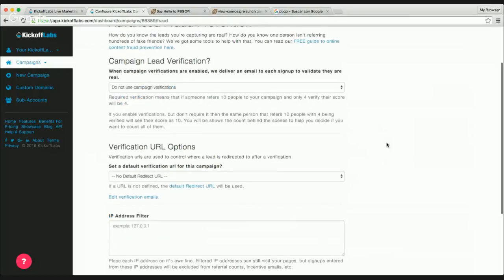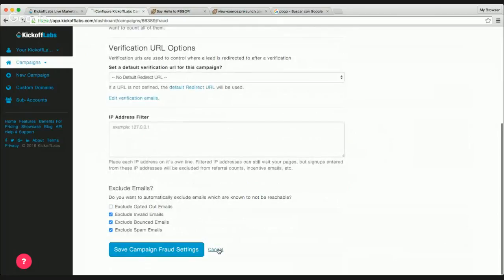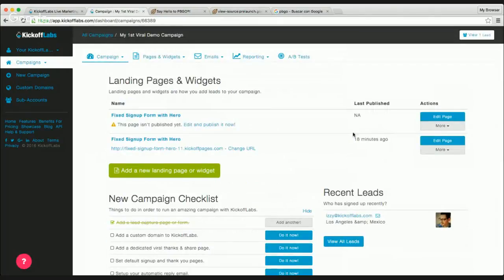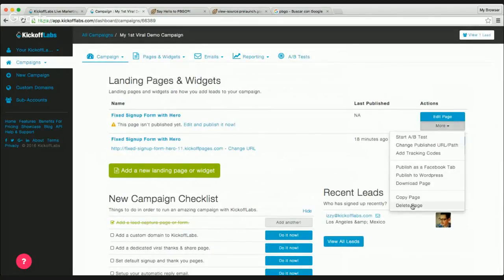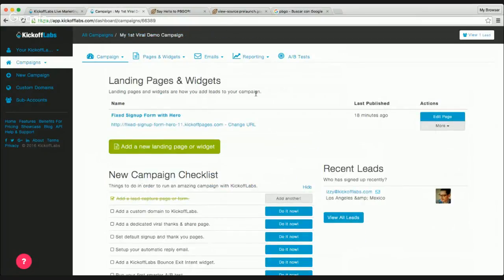So I have about 15 minutes left, or actually about 20 minutes left, but let me go ahead and finish building this campaign with a thank you page. Let me get rid of that one. That was the About Us page. And if you have any additional questions, let me know, because we do have just a few more minutes. And rather than me just demoing things, I'd rather personally answer your questions right away, okay?